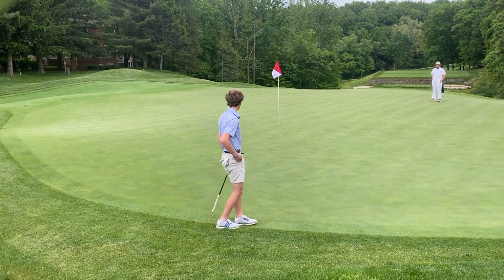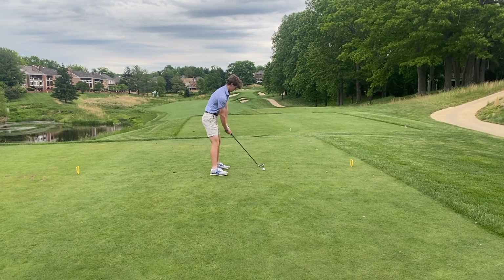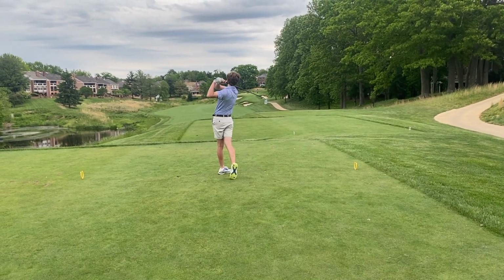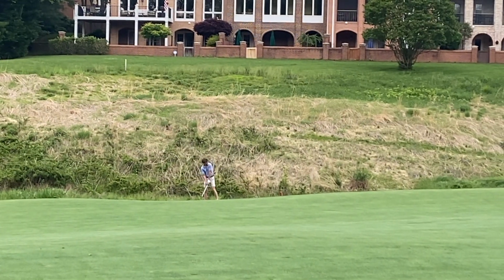Downhill 20 feet here, putt just slid out to the right, but was an easy tap in for par. So then we move on to hole number 13 here, yet another short par 4, and I just did not commit to my 5-iron off the tee and ended up hooking it, but that fairway was massive, so it actually